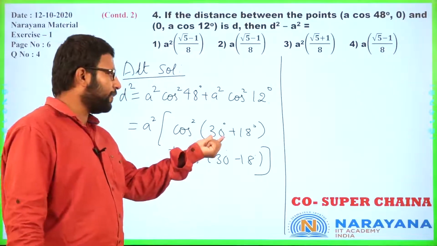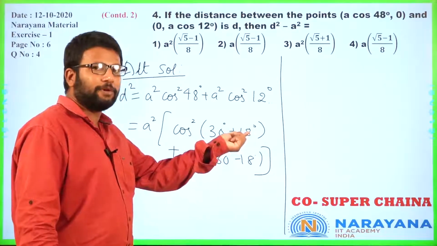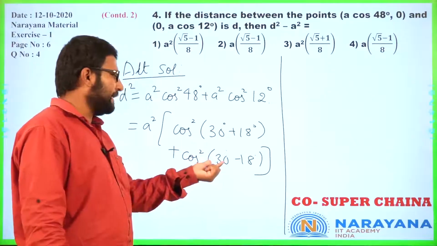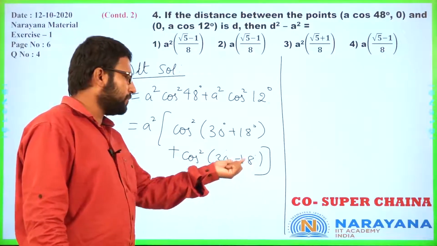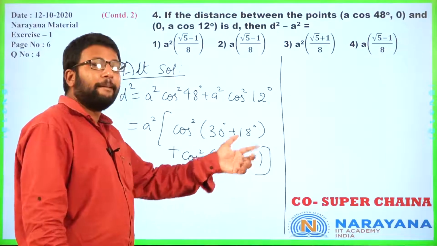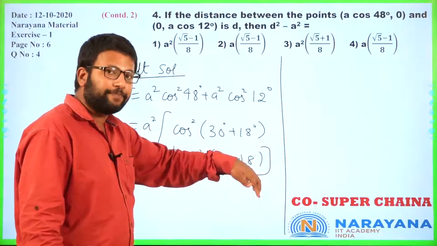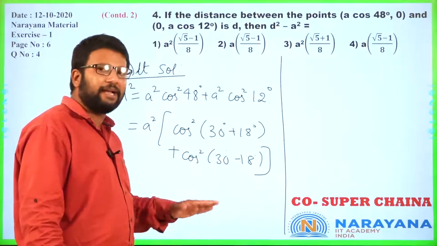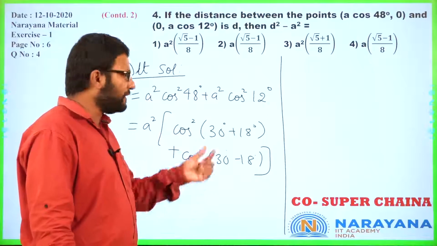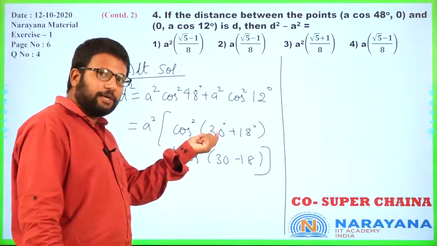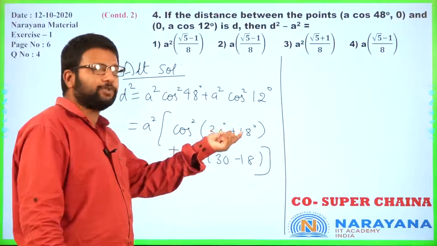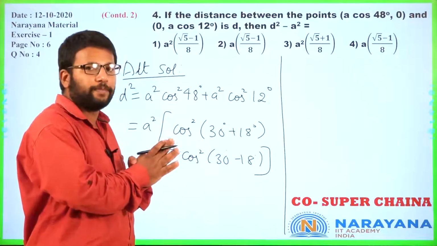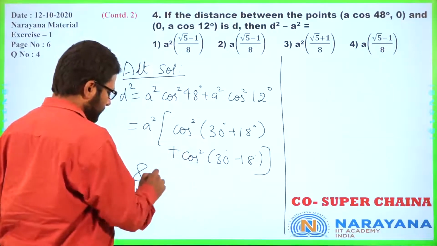From here we'll have cos square A cos square B plus sin square A sin square B plus 2 cos A cos B sin A sin B, one long term. Once again, cos square A cos square B plus sin square A sin square B minus 2 cos A cos B sin A sin B, right? Sorry, from here there will be a minus, from here there will be a plus, but those terms will definitely get cancelled. You will only be left with cos square 30 degrees, cos square 18 degrees, sin square 30 degrees, sin square 18 degrees, and terms related to that, but all of those values you already know, okay? And proceed.